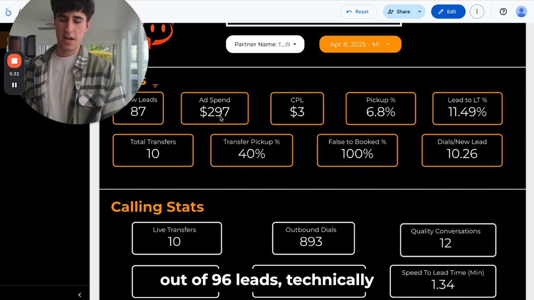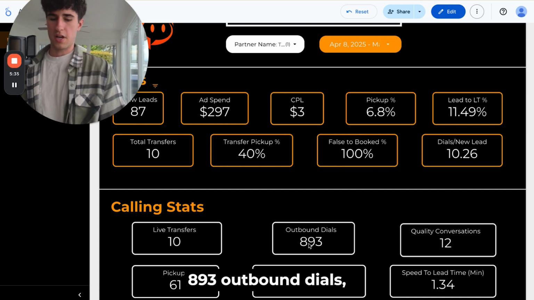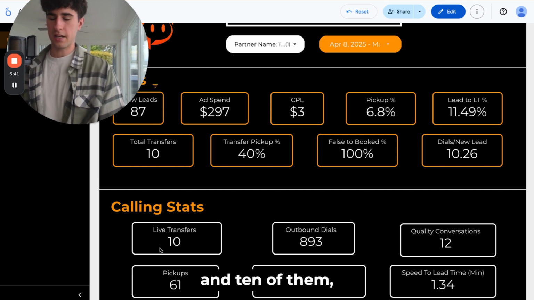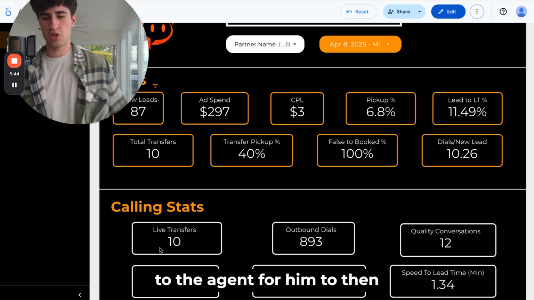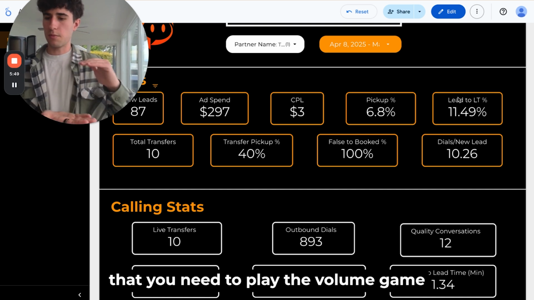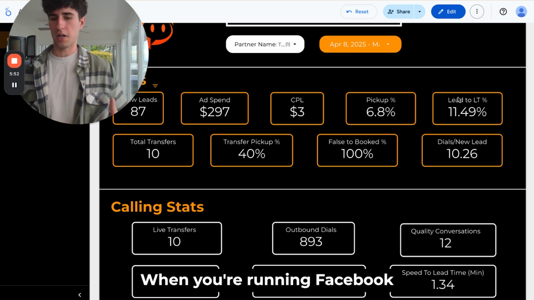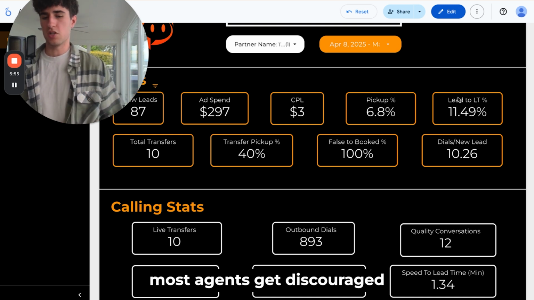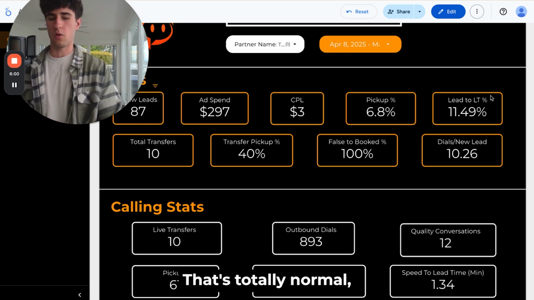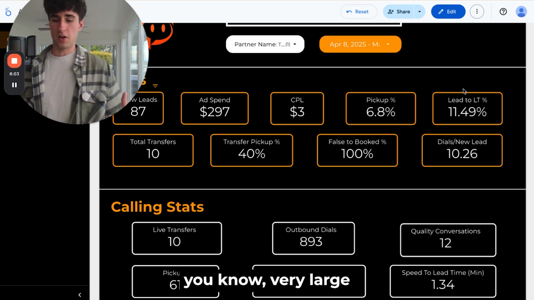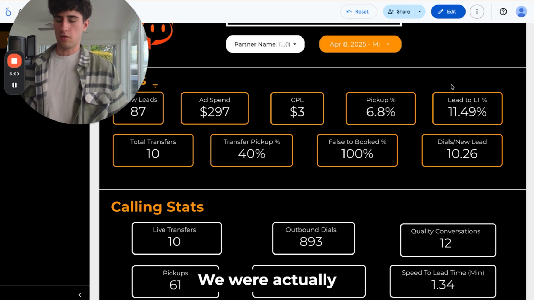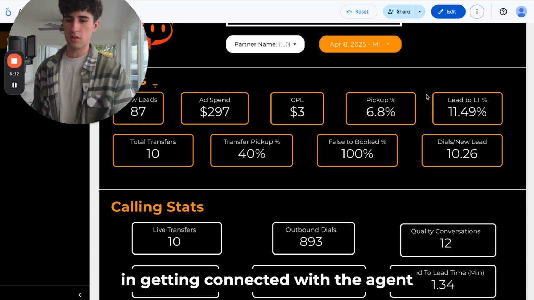But you can see out of 96 leads, technically 893 outbound dials, we were able to get 61 pickups, have 12 quality conversations, and 10 of them we were able to successfully connect to the agent for him to then go and work with moving forward. So that just goes to show that you need to play the volume game when you're running Facebook or Instagram ads online. Most agents get discouraged because they turn on their ads, they get a few leads, and the leads aren't any good, right? That's totally normal, considering that out of that very large volume of leads that we generated, it's barely over 10% of them that were actually interested in getting connected with the agent